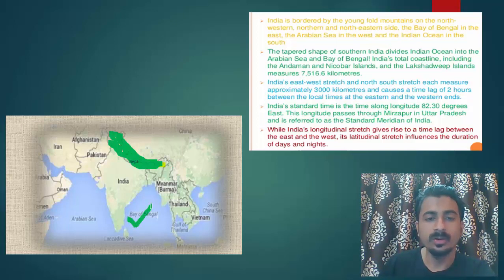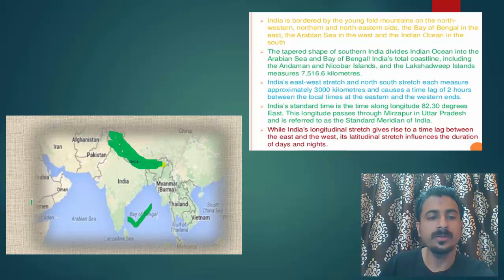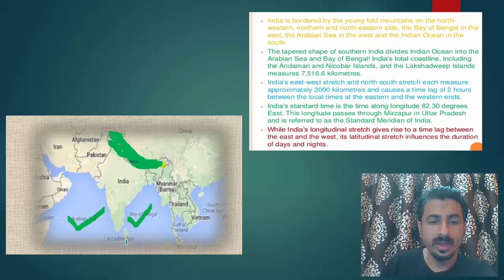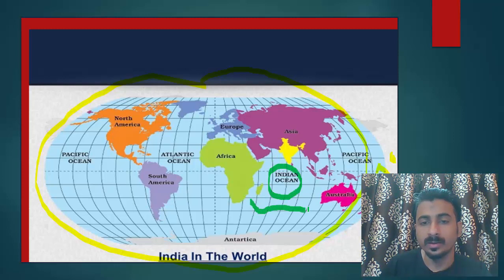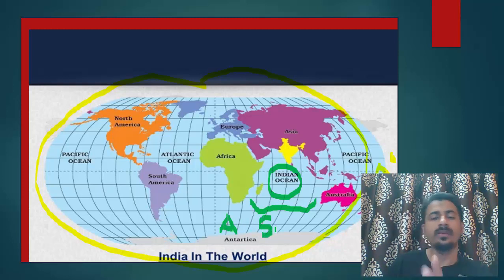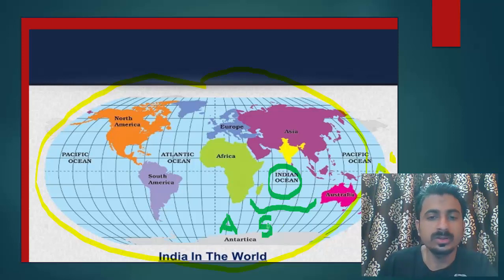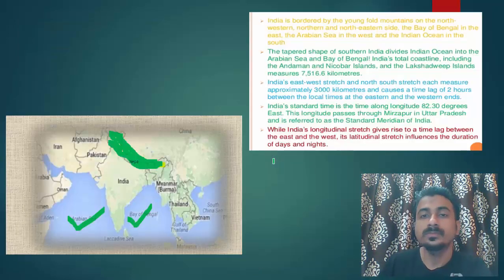I told you about Bay of Bengal in the eastern part of the Indian subcontinent, and Arabian Sea to the west, it is written. And Indian Ocean we have in the south. Indian Ocean is not written here, but here it is written, you see. So this ocean is called Indian Ocean, it goes up till here. Below this, we have Antarctic Ocean or Southern Ocean. It is the fifth ocean. Just for simplifying studies, it is known as Antarctic or Southern Ocean.